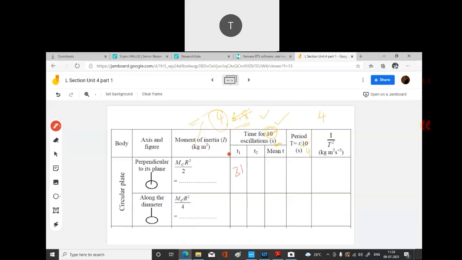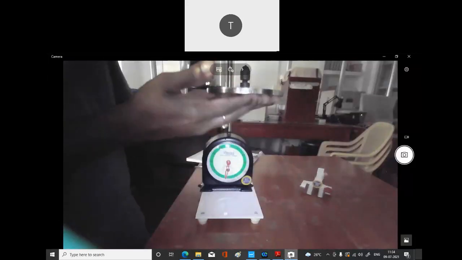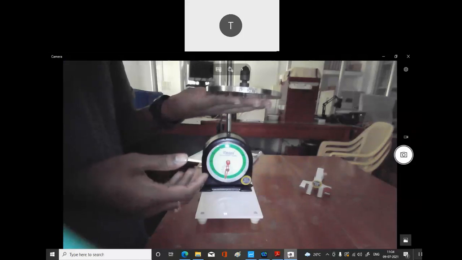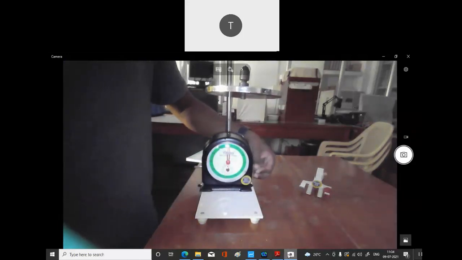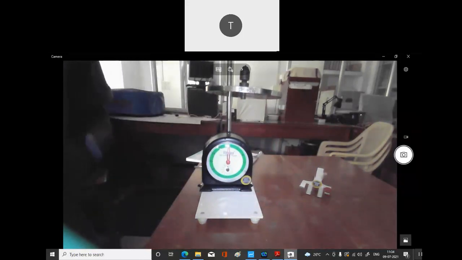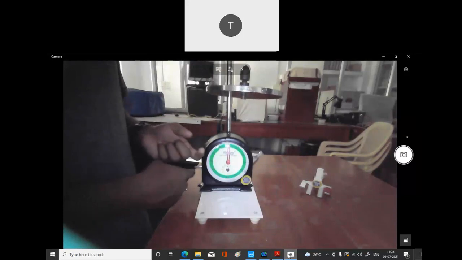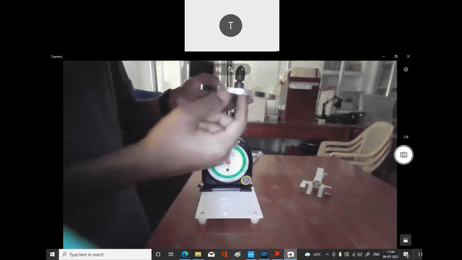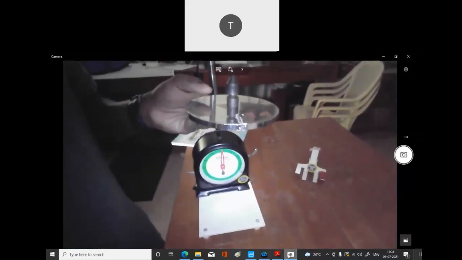So now what you do, again you repeat the same. Now you make it come to rest. Okay, so you reset it. If I want to reset, I will just click it, so your clock is 0. Now I will not show from the top, I will just keep it like this. You may see this is your reference position. It may not be clear, but you can see that is the reference position.